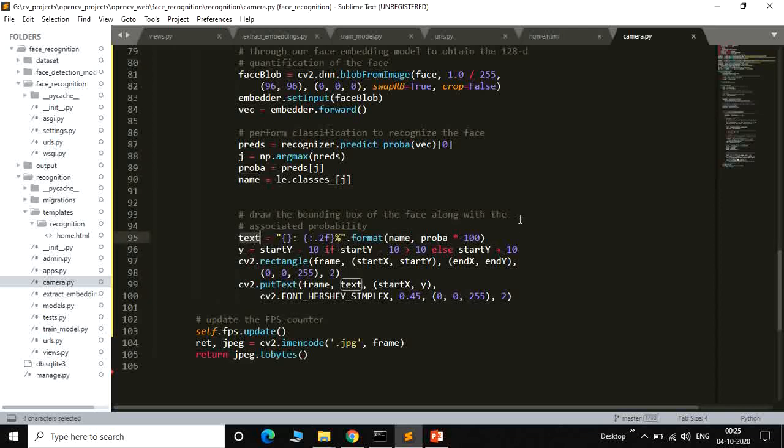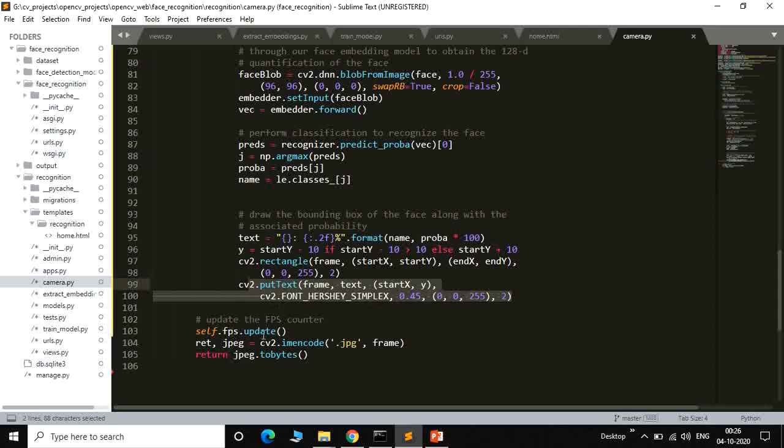This is the text format, the naming format here. And we create one rectangle with x coordinate and y coordinate, and this rectangle will be shown here, with start x, start y, end x and end y. This is the color format. This is the red color, so we show it as red. If you mention 255 in the other position, we can show it as green. Blue, green and red, that pattern we follow. This is the way the name will be shown above the rectangle in that particular format.